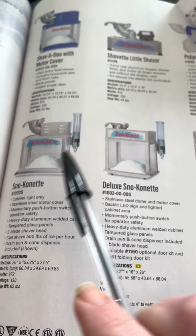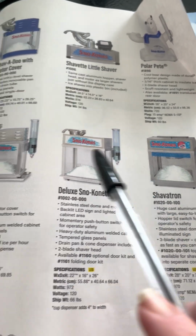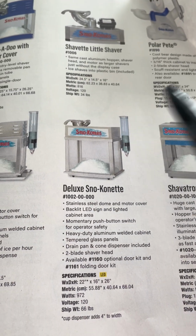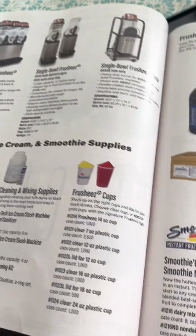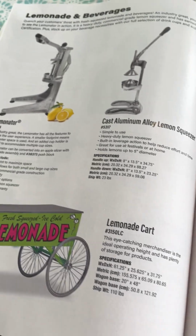Now, these machines are fantastic. I know hundreds of thousands of vendors that use these types of machines with great results. I do not personally use these, but I do know that they are fantastic. You have to watch my shaved ice videos to see the machine that I use. But they do have some really nice products here and really nice setups. I'm sure their syrup is just insanely expensive, and I would not purchase my syrup from them. They got lots of products I'd like to go over with you, but I don't want the video to be